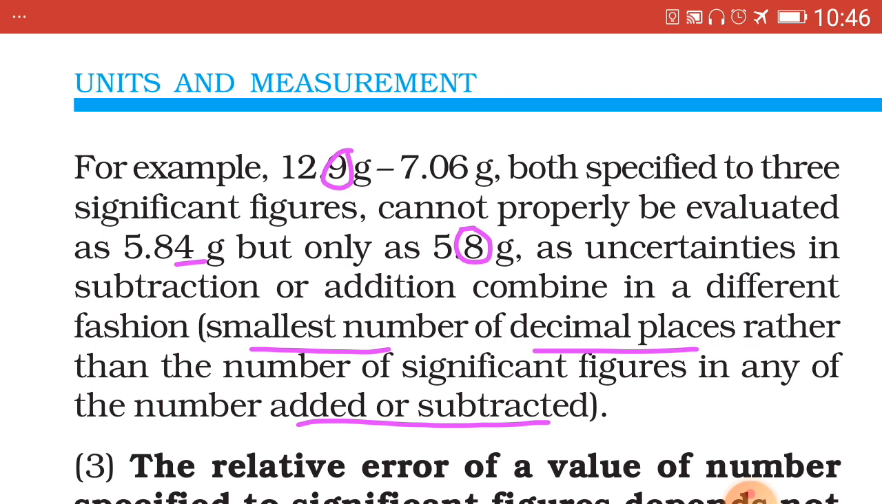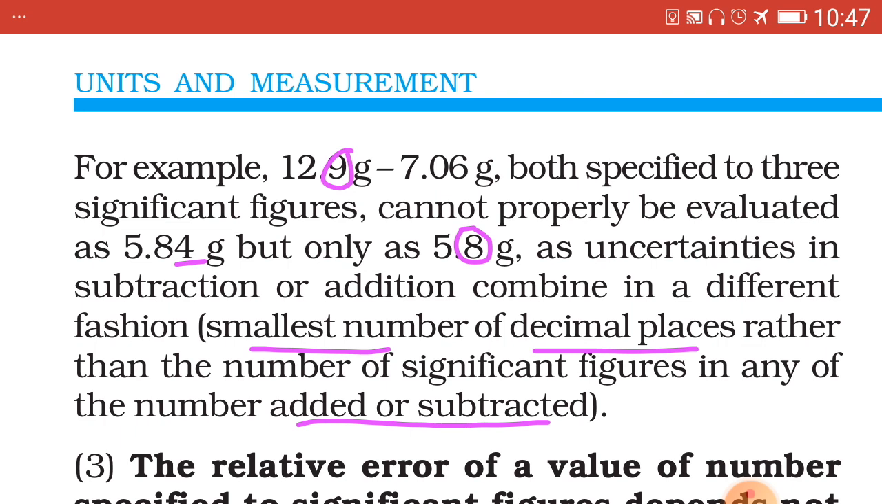Why? Because you have to consider the smallest number of decimal places. The smallest number of decimal places is considered when numbers are added or subtracted. That is the main thing to be taken into consideration. Here the number is subtracted, so here also the smallest number of decimal places. In the first number, the decimal is 1, that is the 9 digit, which I have encircled, and in the second number it is